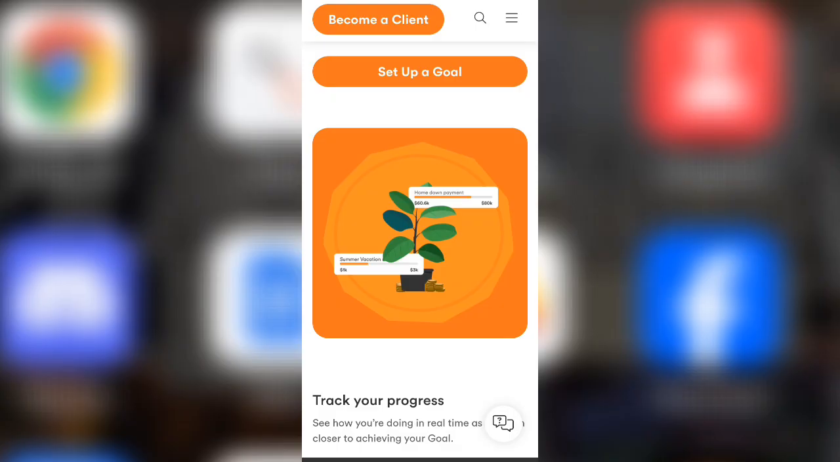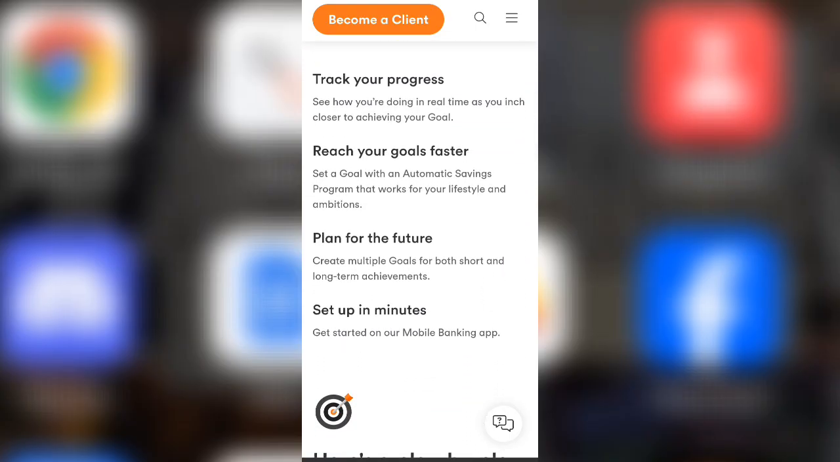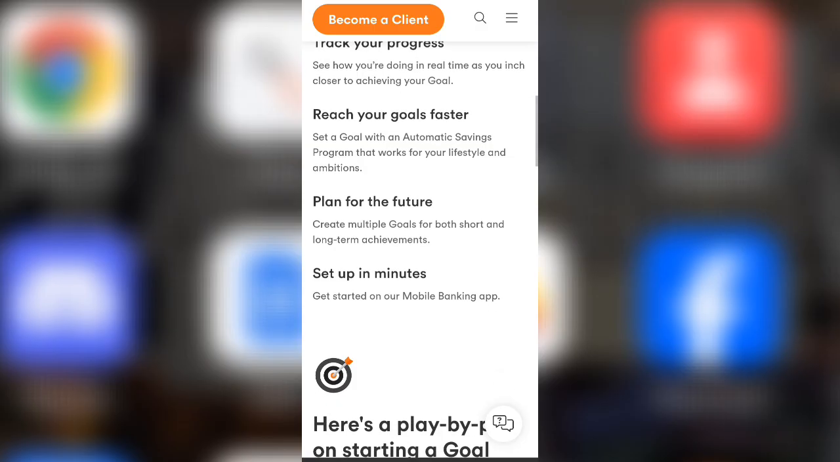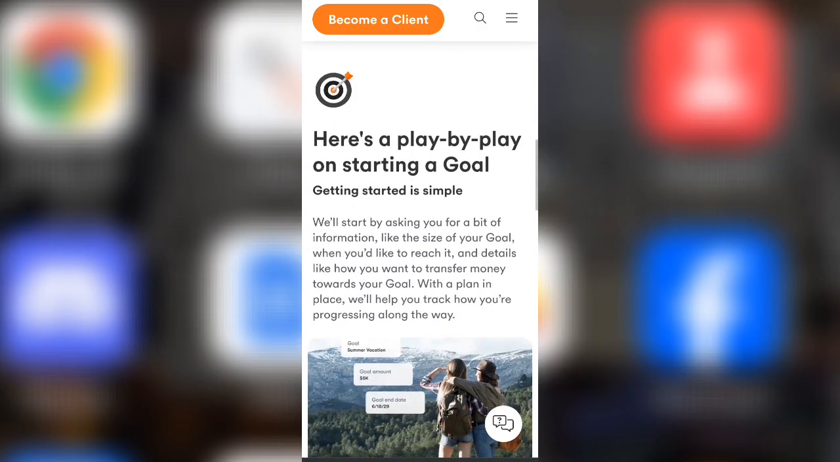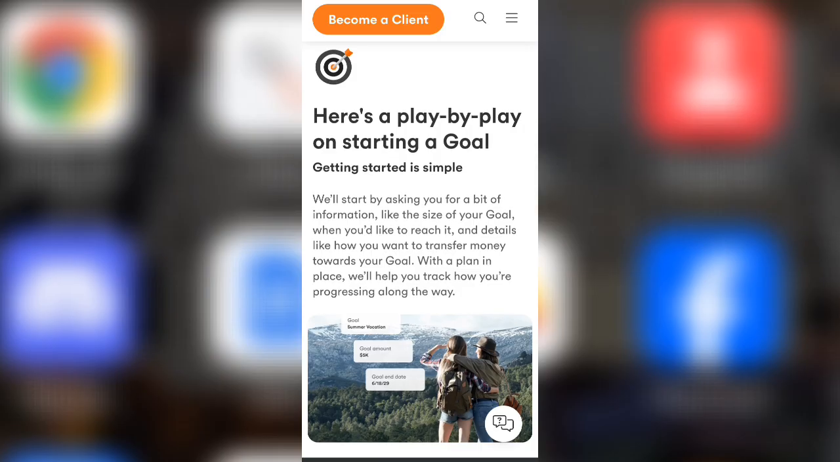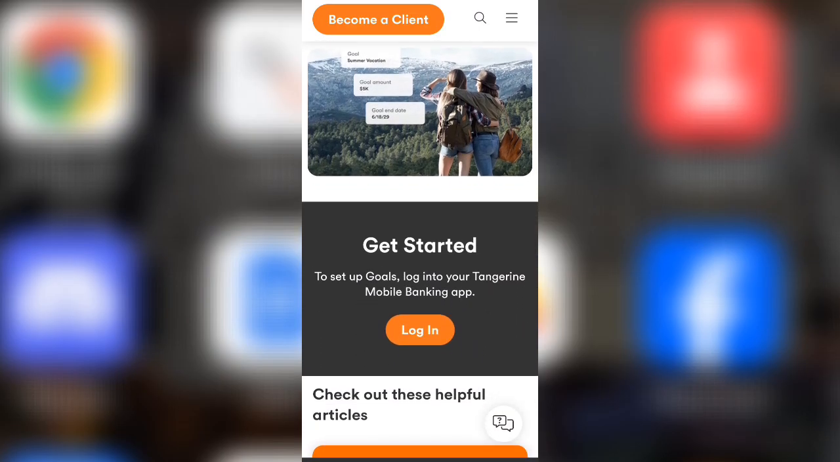Choose which checking account the money should come from, and review the details to make sure everything is correct. Once you confirm, the automatic transfers will begin, and you'll see your savings grow with every contribution. You can track your progress anytime in the app, and if your plans change, it's easy to pause or adjust your goal